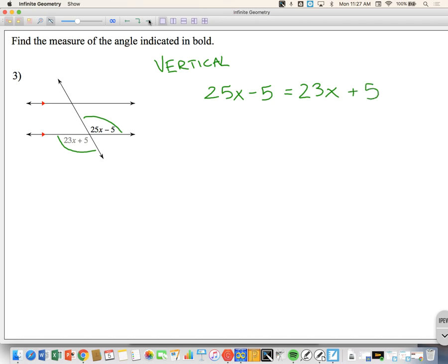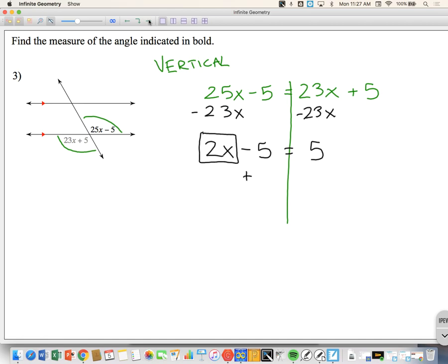Vertical angles, congruent, same measure. Variables on both sides, and we will solve. Subtract 23x, subtract 23x. This leaves us with 2x minus 5 comes down, equals 5. There's a box. Just a little helpful reminder. Add 5,